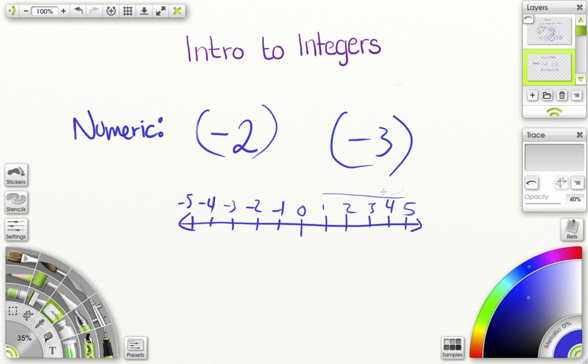So the next way I can represent an integer is on this number line. So a number line is basically just our x-axis of our coordinate grid, remember? Our x-axis went side to side, and we always use that one first. There's a reason. It's because it's a number line. So to represent a number on a number line, you would probably remember from like grade 2, oh, I want to put 3 on a number line. Oh, there's 3. So now we're going to talk about representing an integer on a number line,